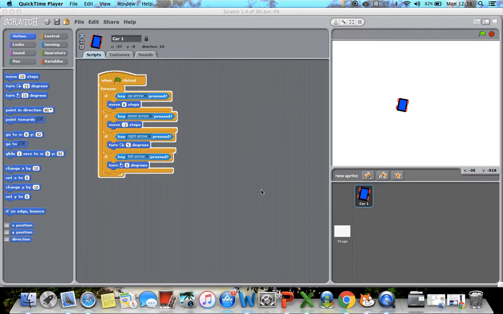Okay, so in the previous video we looked at getting our race car moving. So we've designed our race car here and we've got in the code that we need to make it move. So now what we're going to do is have a look at designing a background, or in this case a racetrack. So we need to go to Stage,